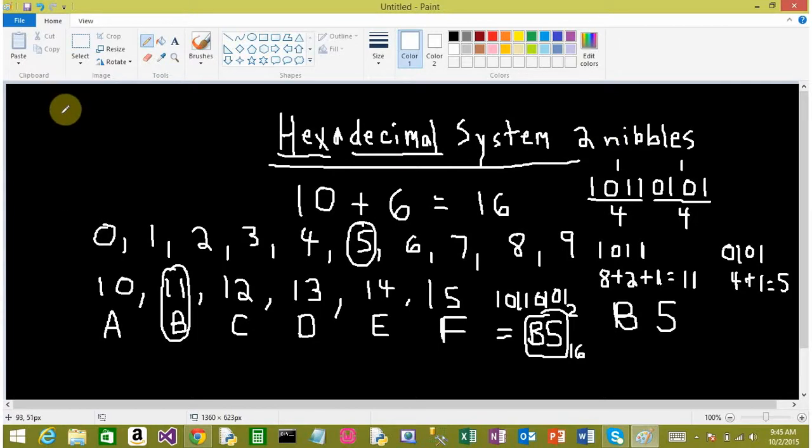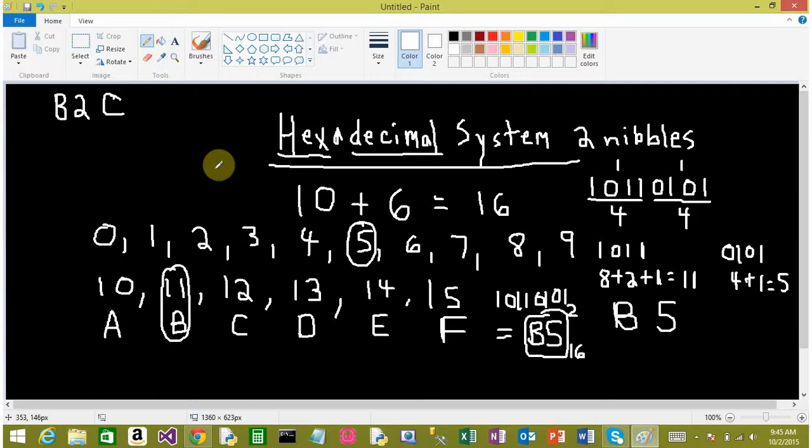Let's say I have the number B2C. So if I have the hexadecimal number B2C and I want to convert this into decimal, I'm going to look